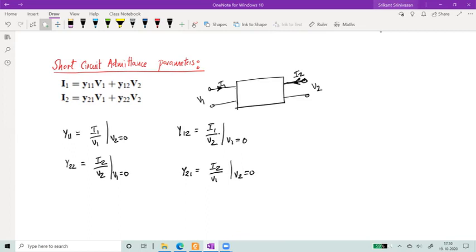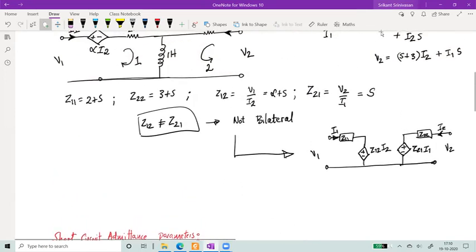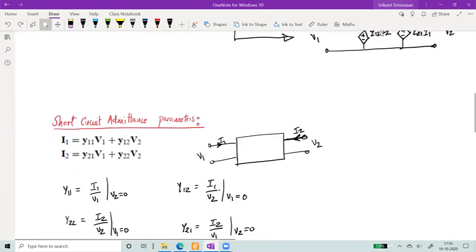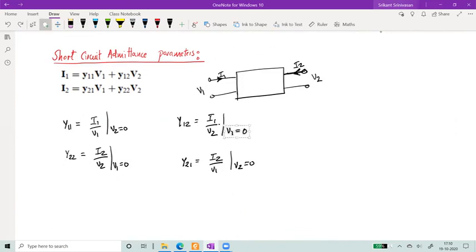Remember in the earlier case when I wanted Z parameters, I said that I'm calculating V1 as a function of say I1 when I2 is 0. If I want to make I2 equal to 0, then basically I have to open circuit, because when I open circuit the terminal, then the current cannot flow. So that way I'm making I2 equal to 0. Here it's the opposite. I want to make the voltage 0. So I have to short circuit the terminal. For example, if I want Y11, then I would need to short circuit the output so that V2 is 0. Still I2 current can flow. But V2 becomes 0. So that would be the way to go about doing this.